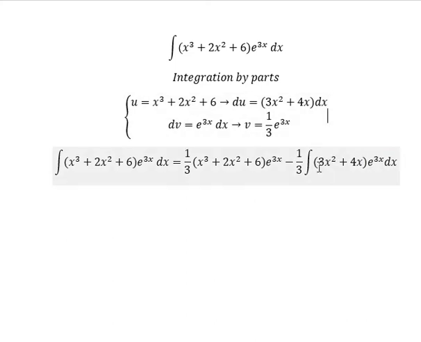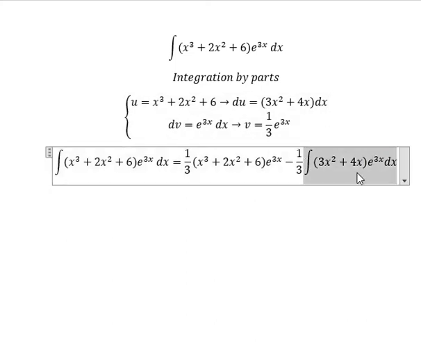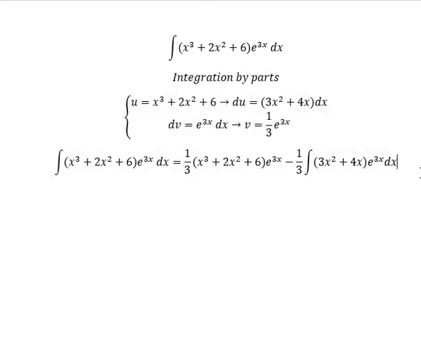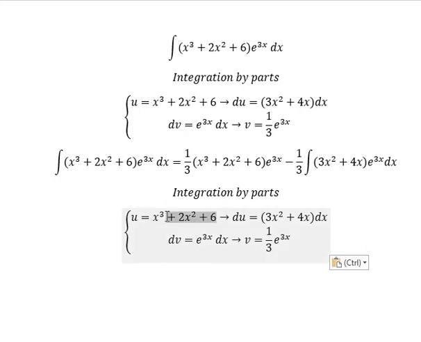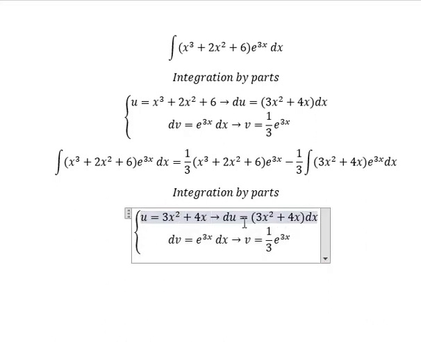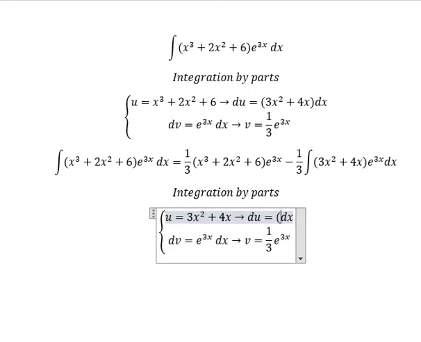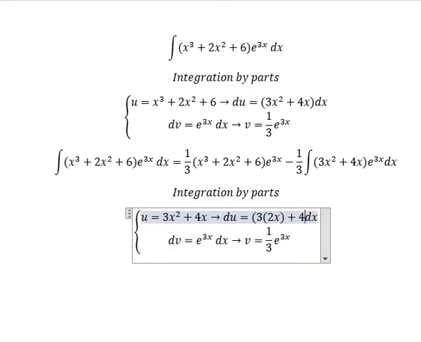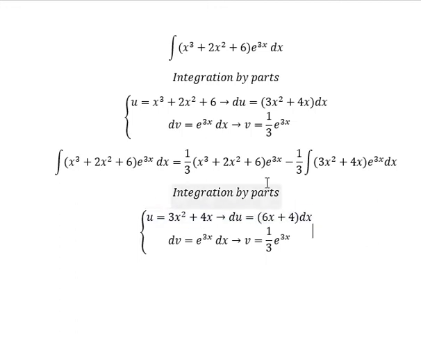Now we continue to use integration by parts for this one. So this one I will change into 3s squared plus 4s. If we do the first derivative, you get 2s and we have number 4 in here. The first derivative of s squared, we have 2s. For s, you get 1. Number 3 and number 2, you get 6s. And now